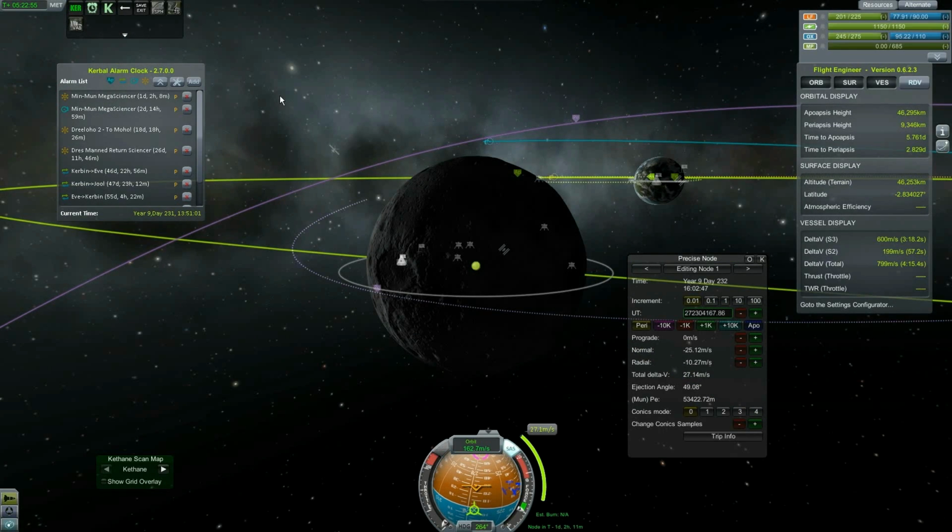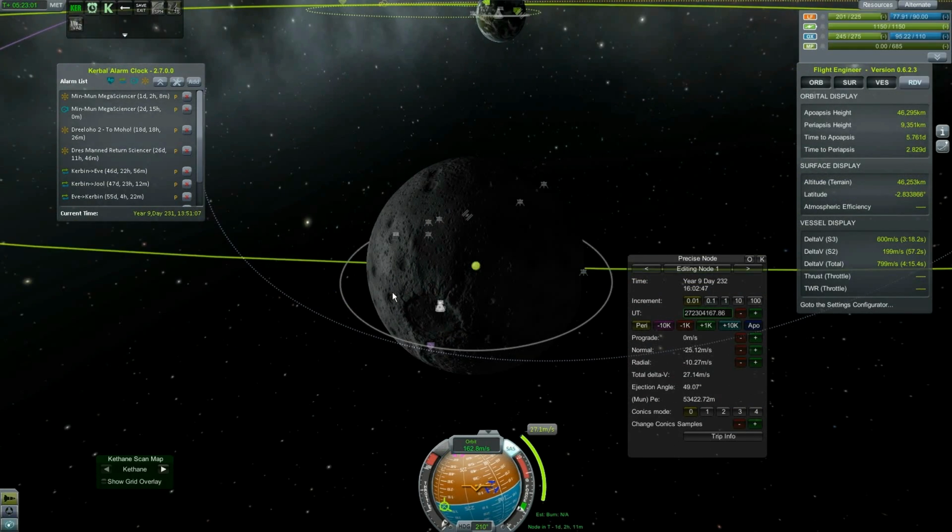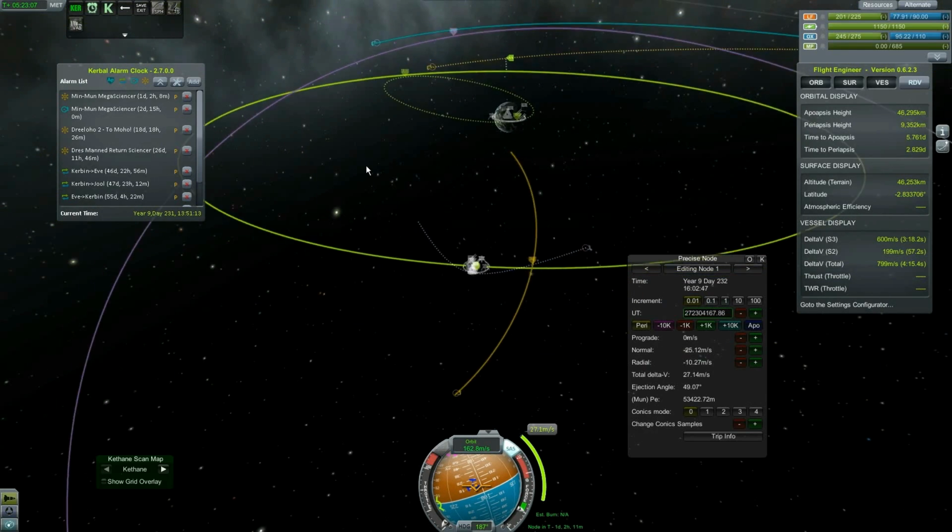Let's see, we don't need this anymore. That's in a day. The problem is our Kercinee base, the sun has just set. So, we can't do any mining anymore until an entire...